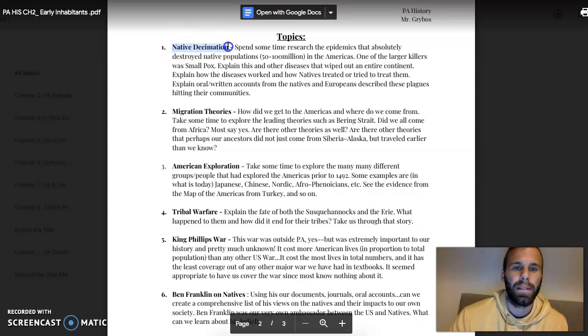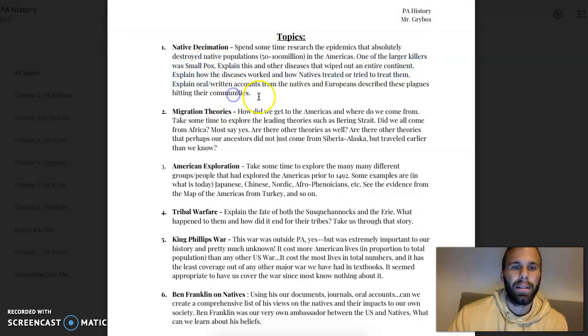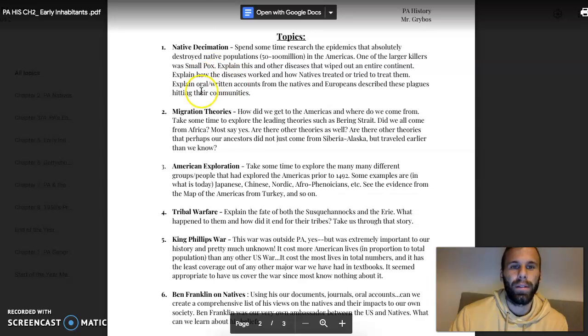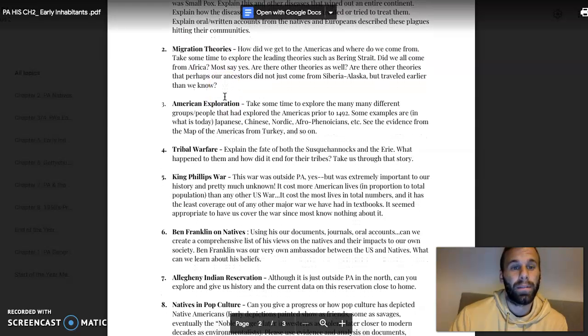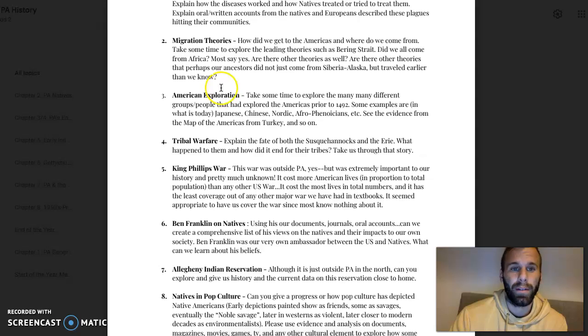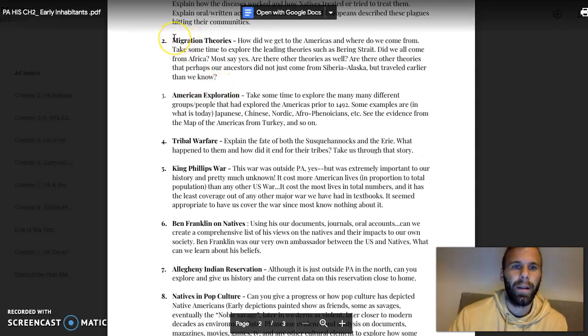Most of it was disease. Clearly there were other wars between natives and natives, and natives and Europeans, but disease was one of the biggest killers. So could you kind of go over, smallpox being one of the biggest ones, but what were the other ones? This is almost like a science type topic, so I want you to really go into details about that. This is a really big deal in world history and U.S. history and native history. So it's something little known, little talked about, the millions and millions of people that were